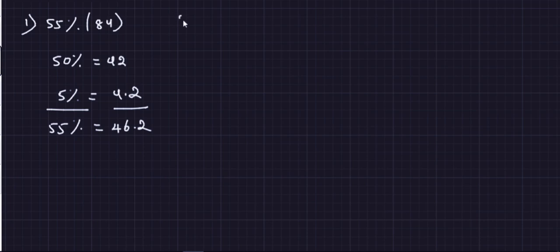Now, let's take a few more examples. Let's go for 65% of 88. So now 65% can be found by, first I can find 50%, then I can find 10%, 50 plus 10, 60% can be found, so remaining 5%. So if I am able to find all these three things and I add them up, I'll be getting the